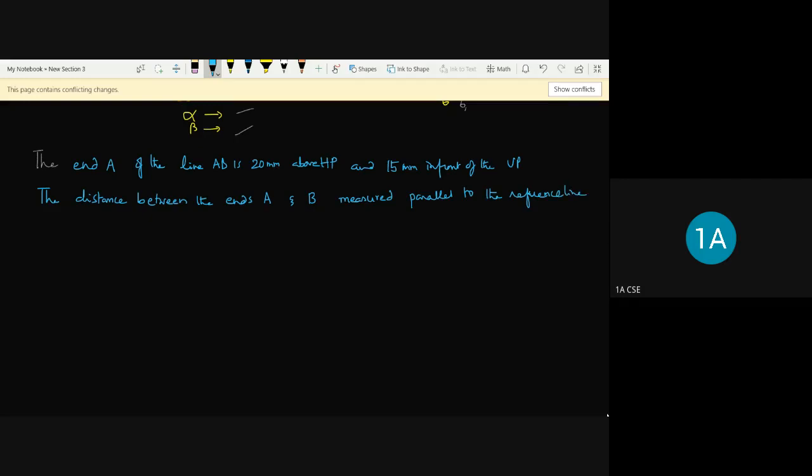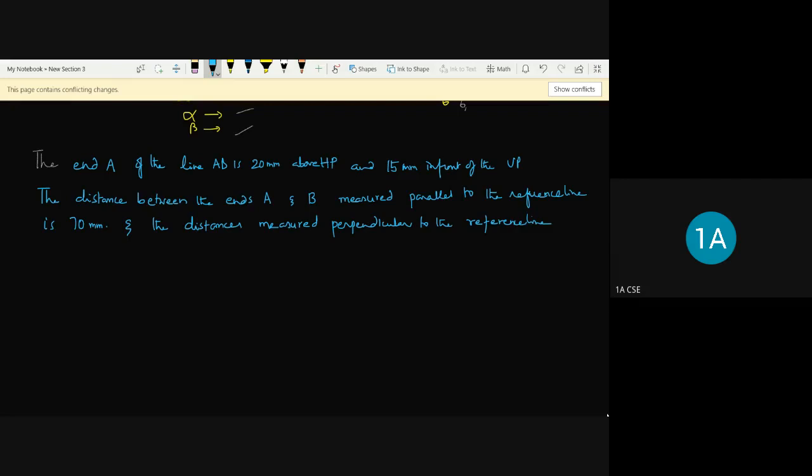The distance measured parallel to the reference line XY is 70 mm. And the distances measured perpendicular to the reference line between the ends A and B,